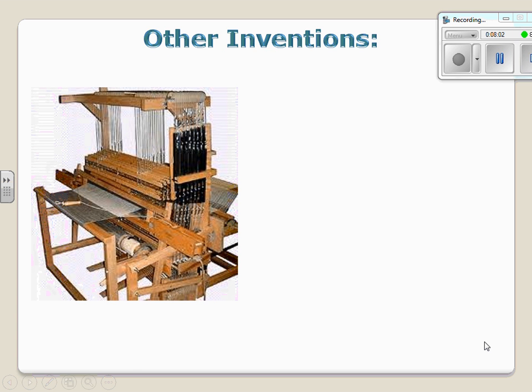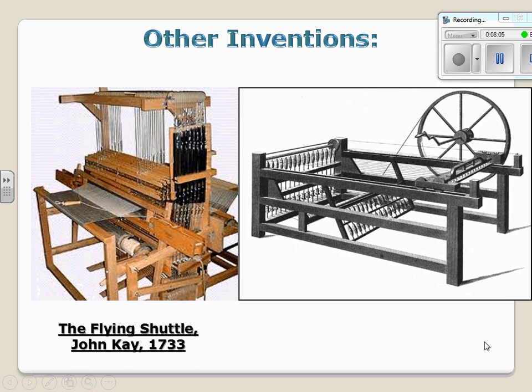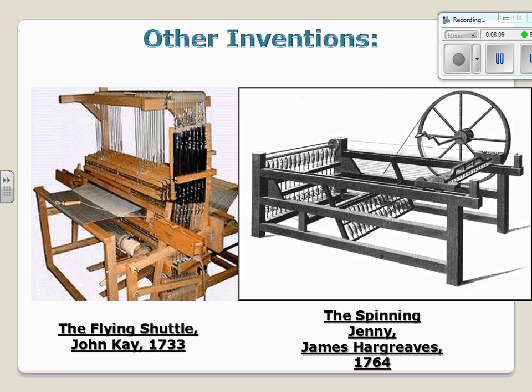Two other prominent inventions are the flying shuttle, invented by John Kay, and the spinning jenny, invented by James Hargreaves, in 1733 and 1764, respectively. The idea here is that these are big, clunky, cumbersome inventions, and they were very important as a precursor for threading and weaving cotton together. So what would happen is someone would sit here and push the foot pedals, I don't know if you can see them nicely, and the worker pushing the foot pedals would cause these pieces of wood to move up and down, which in turn would thread the cloth through,